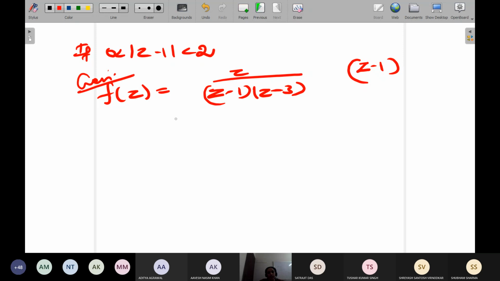Come on, you're going to do it. Again, this is your given function. Let u is equal to z minus 1, so 1 plus u is equal to z. So what will happen to your f of z? You will replace it as 1 plus u divided by that. You can replace it here or you can even take partial fractions and then replace it. It is up to you. Come on, replace it and give me the final answer.